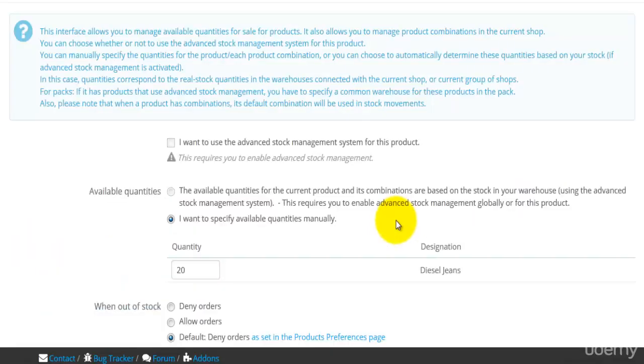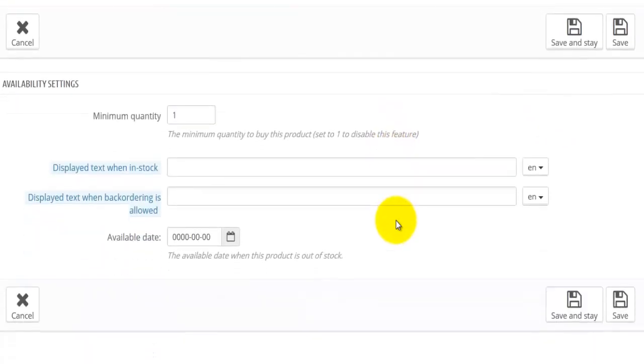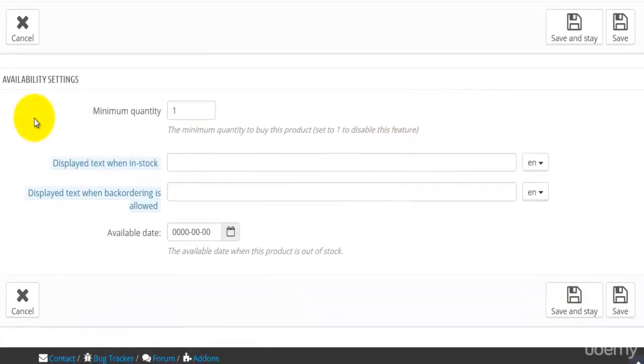We're still on the same page, so this is the quantities. I'm going to move a bit more down. It comes to the availability settings here. Minimum quantity, I'm going to say 1. Then there's the text to be displayed when those jeans are in stock. So I can add some information here, like we do have these beautiful jeans in our store, and I can enter some